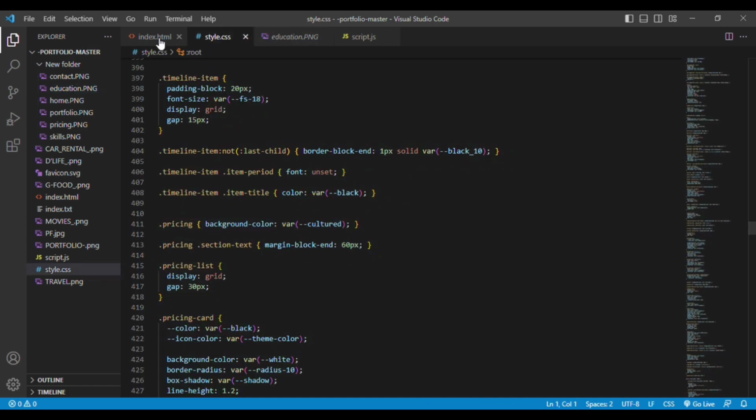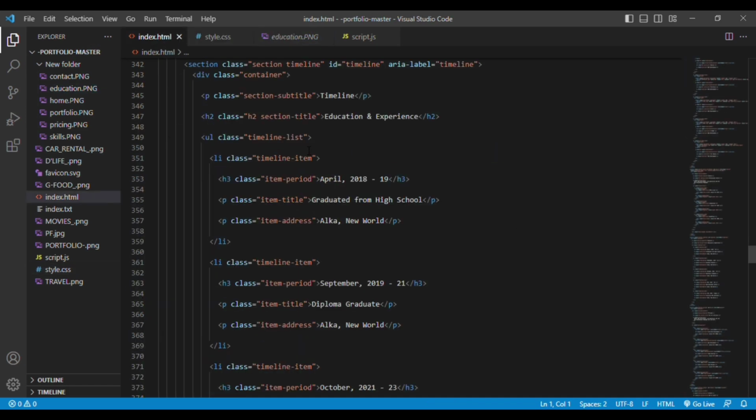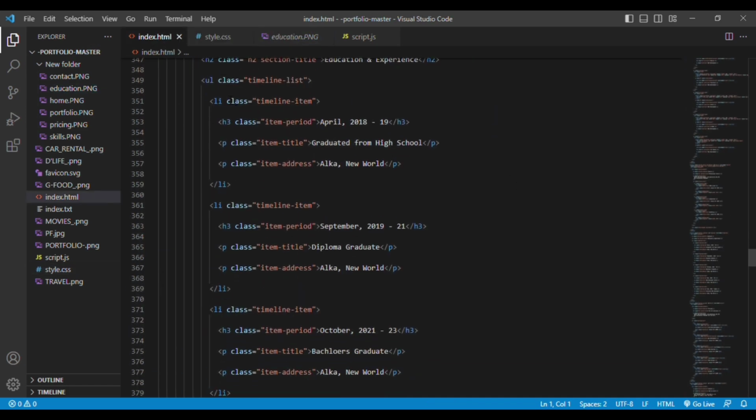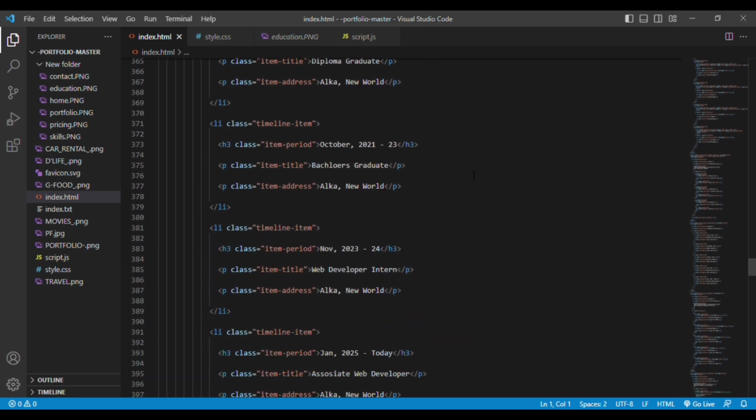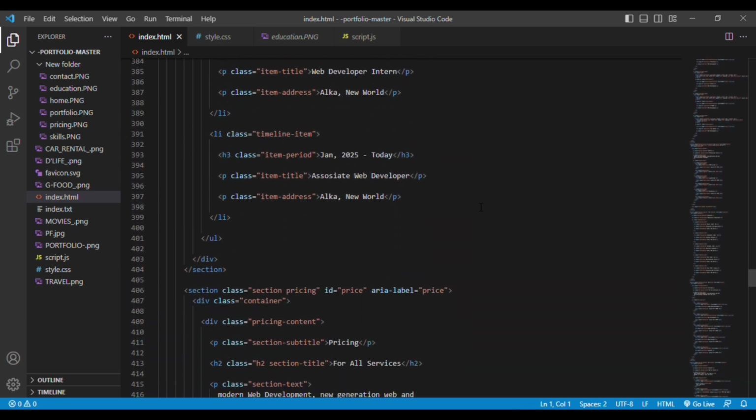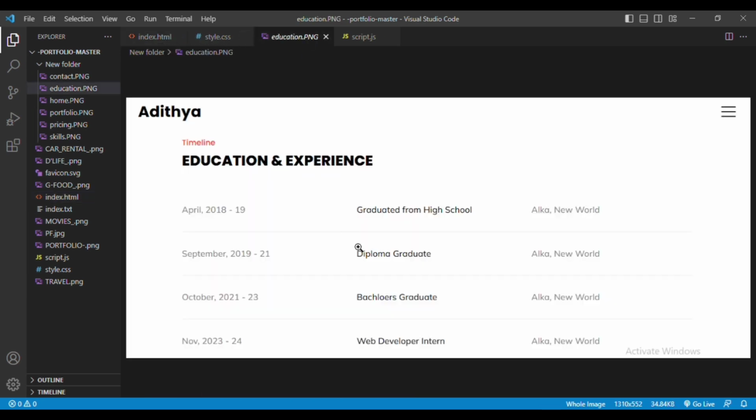That we have added another list. We are using another list again, and we are using list item. In that list item, we have h3 element for the time period, paragraph element for the item title, and the paragraph element for the item address. And the same list item is copied again based on your interest. I've copied here like 5 times, and you can see here you have added like 4 here. There's one more again. This is the timeline that we have added,